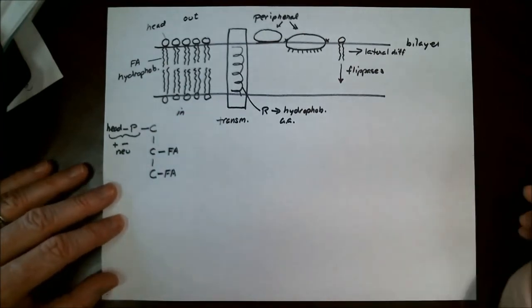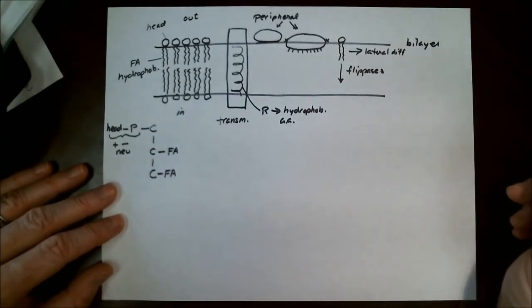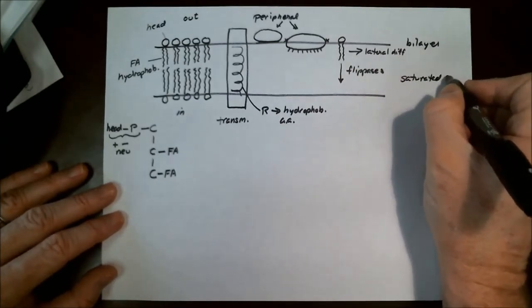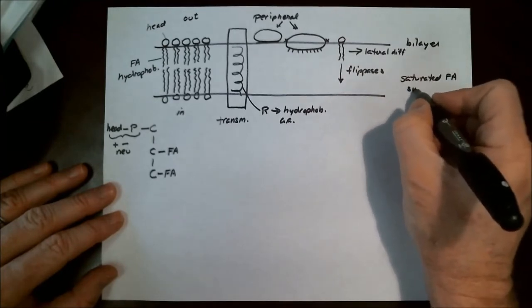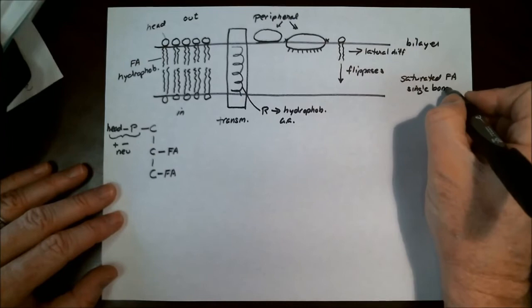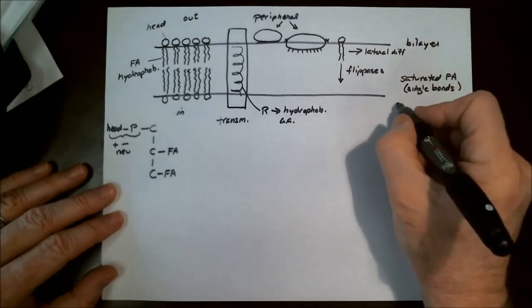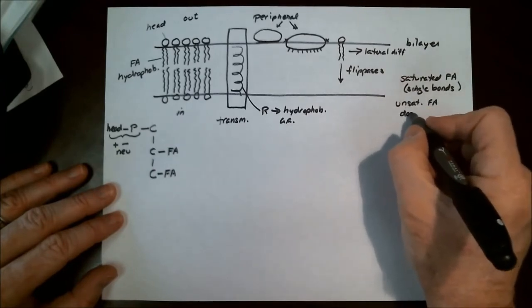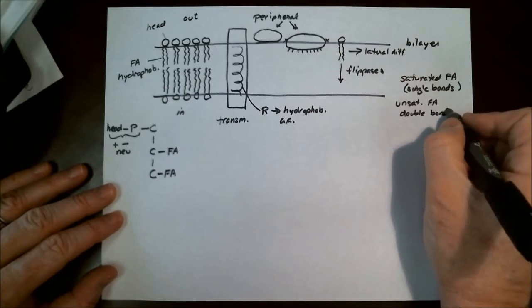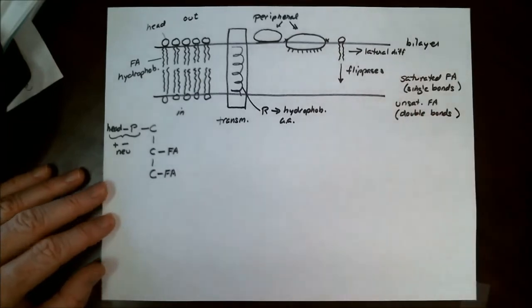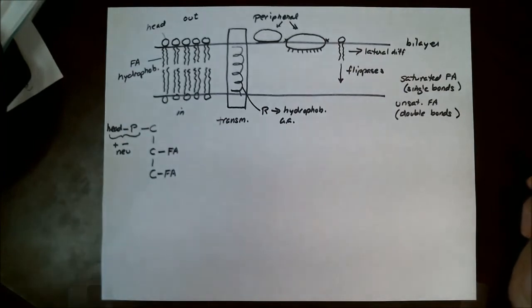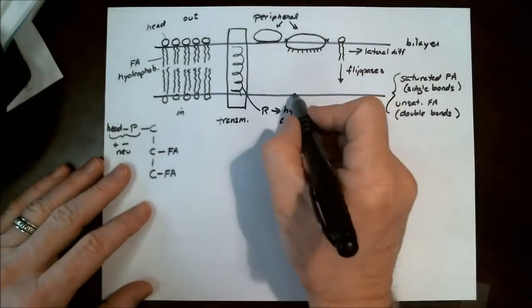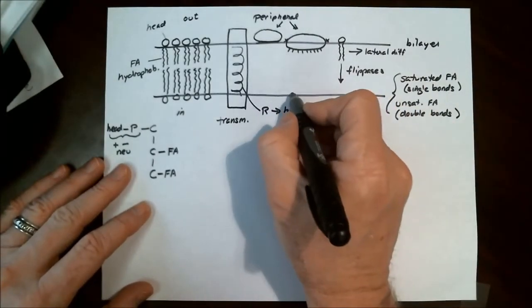Now, going back to our discussion about fatty acid structure, we talked about saturated fatty acids, and these fatty acids all have single bonds in their carbons. We talked about unsaturated fatty acids, and these have variable amounts of double bonds. Now, these two types of fatty acids work together in a biological membrane. For example, let's take a look at this membrane. Let's draw on this side here. We will draw